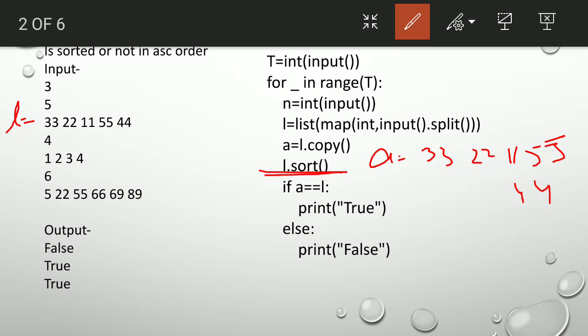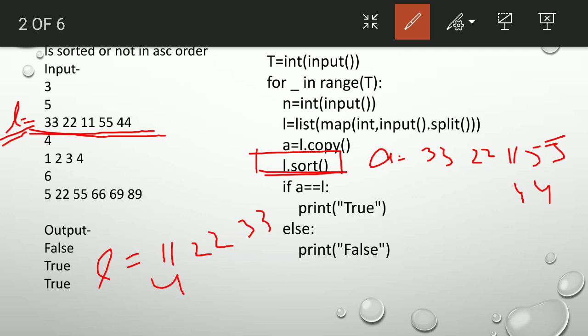The sort function will sort the list in ascending order, and it will be stored directly in L. So after this line, L contains 11, 22, 33, 44 and 55.